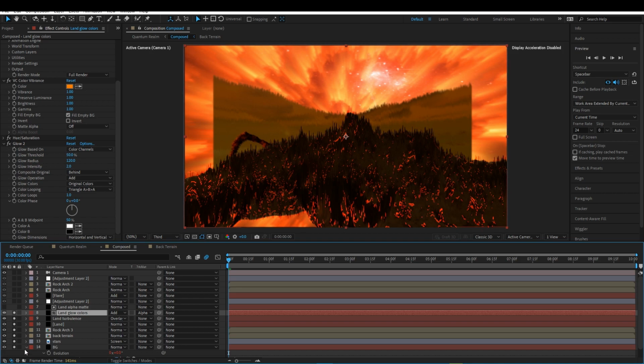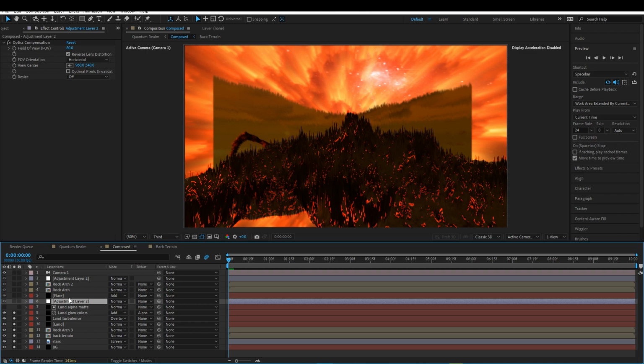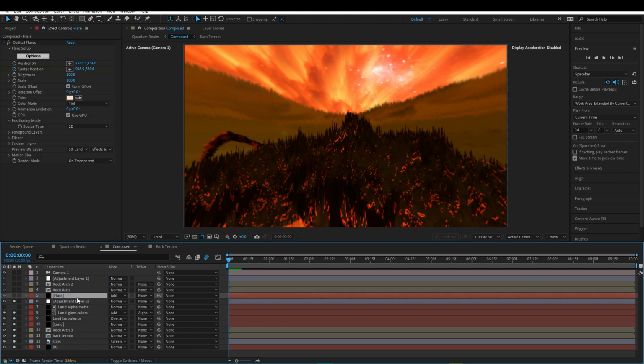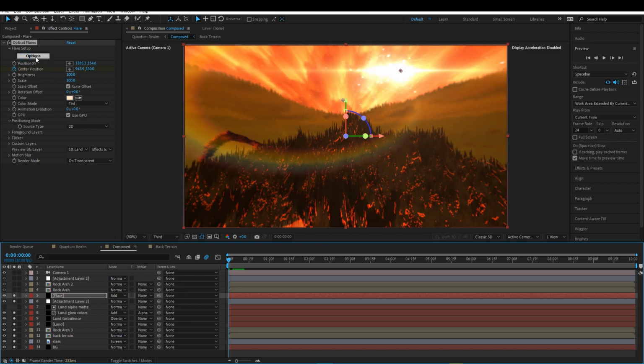After doing all of these things, what you need to do is just add the adjustment layer and apply optics compensation over it for the overall complete look, and it will give you something like this, right? Okay, after that I used a flare with optical flares, and if I go to options over here,